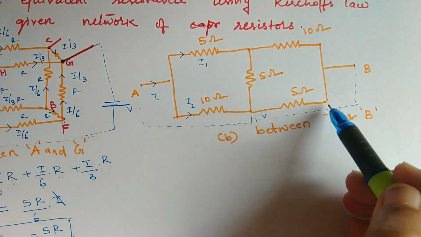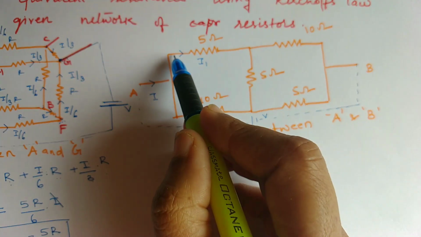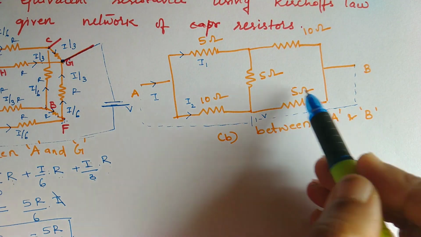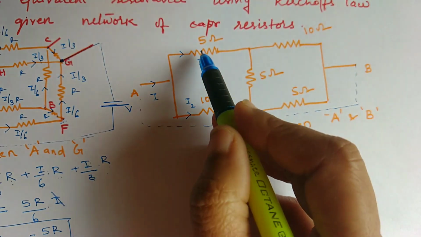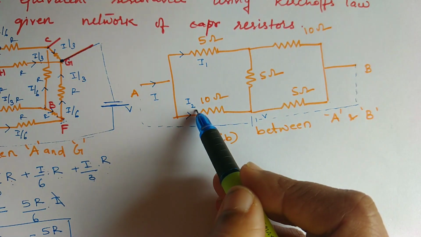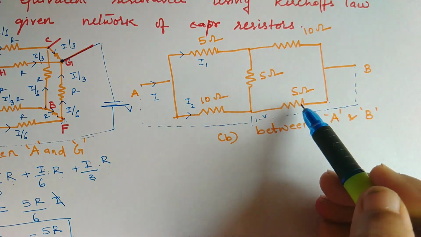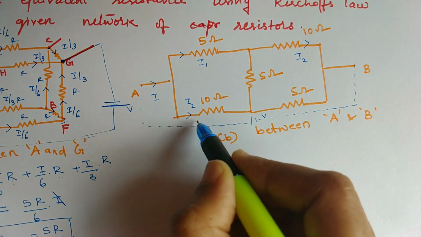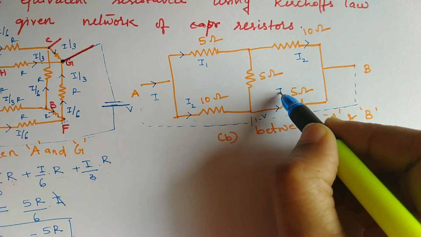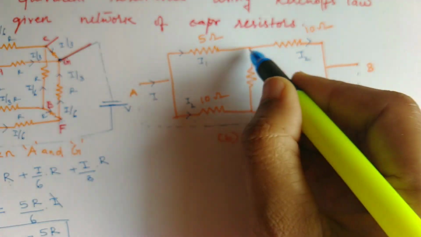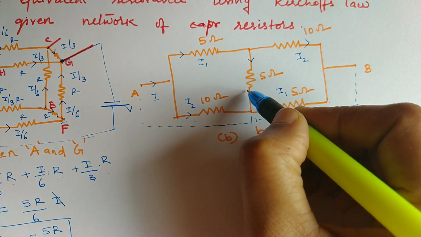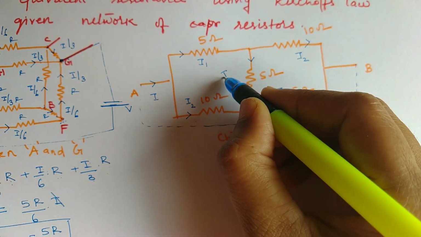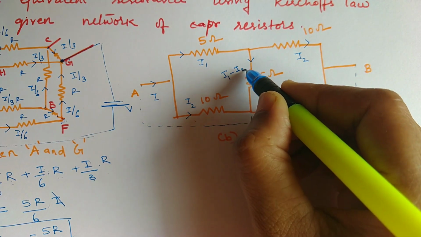Is it again coming back from the other end? Whatever is the current in this 5 ohm resistor, the same should be the current in this 5 ohm, because it is distributed between 5 and 10 as I1 and I2. Coming back from 5 and 10, by symmetry, this should get a current I2 and this should get a current I1. Now what should be the current in the middle branch if I take it as downward? I1 is entering, I2 is leaving, so the remaining current would be I1 minus I2.